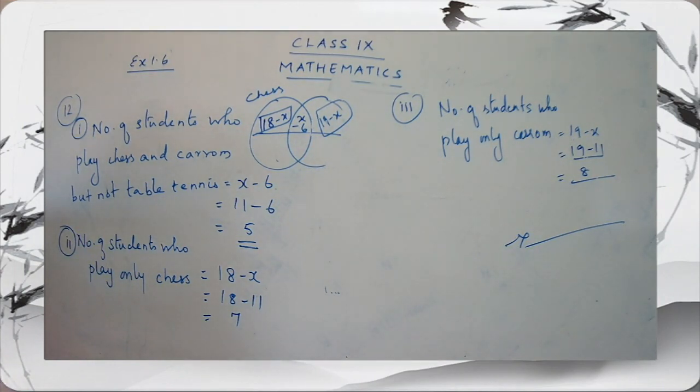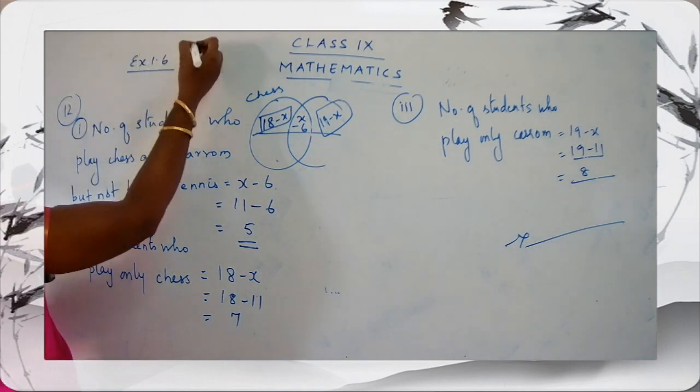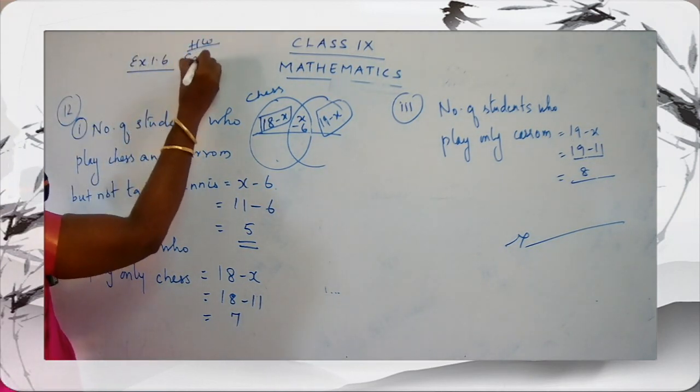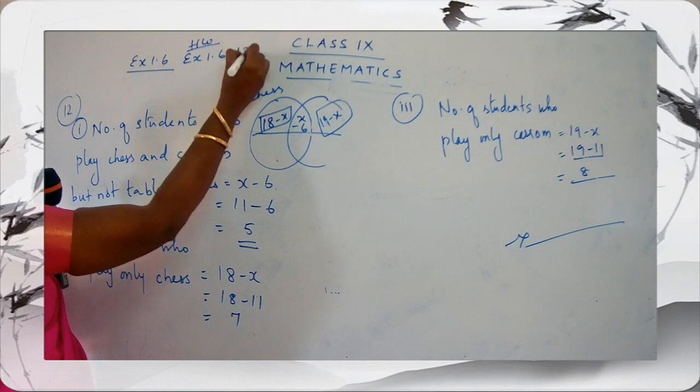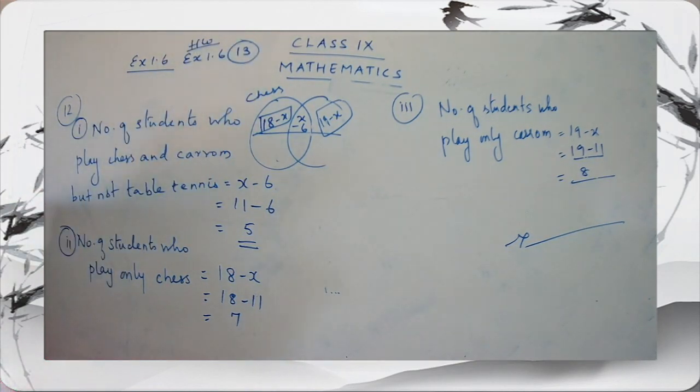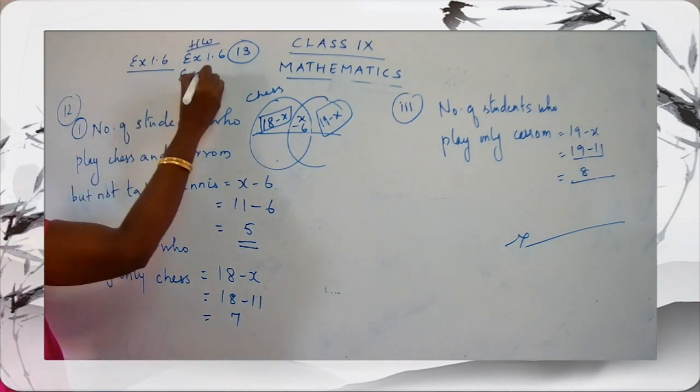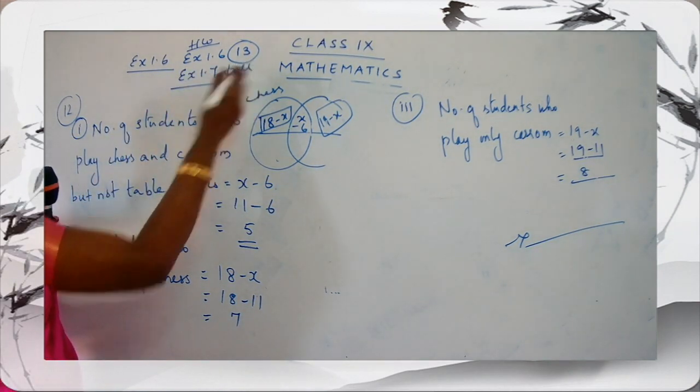Okay, children. So we have one more sum left. I would like you to try sum number 13. You have to draw the Venn diagram, and with the help of a Venn diagram, try to complete your sum number 13. If you have any doubt, you can just comment your doubts to us. I'll just give you the homework part here. From exercise 1.6, the 13th sum. The last sum will be your homework. Complete the last sum. And also one more thing, you're going to complete exercise 1.7 full.